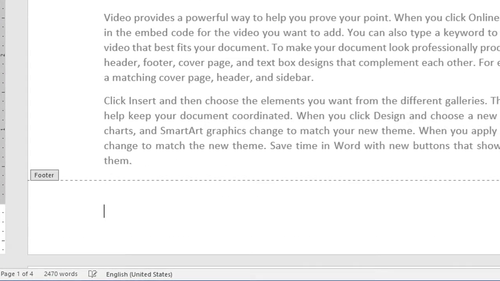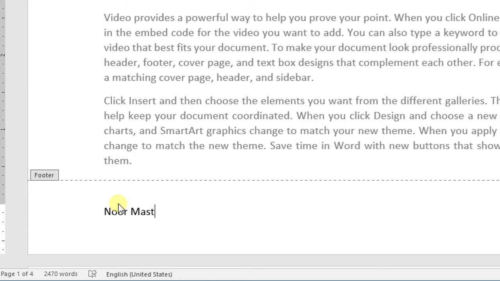So the insertion point has been shifted to the footer section. Now type the information you want to appear in the footer section. Suppose I want the author name to appear in the footer section, so type the author name.